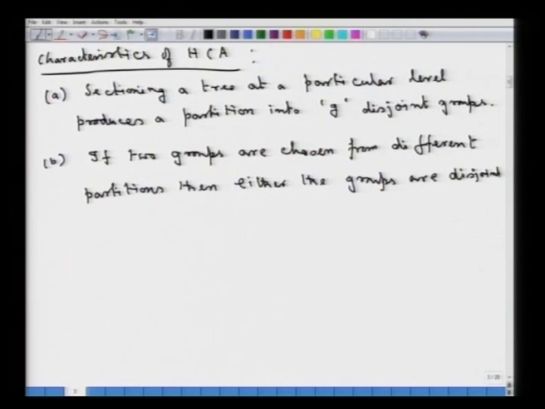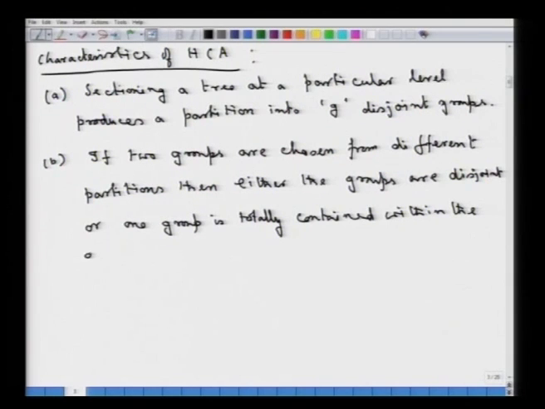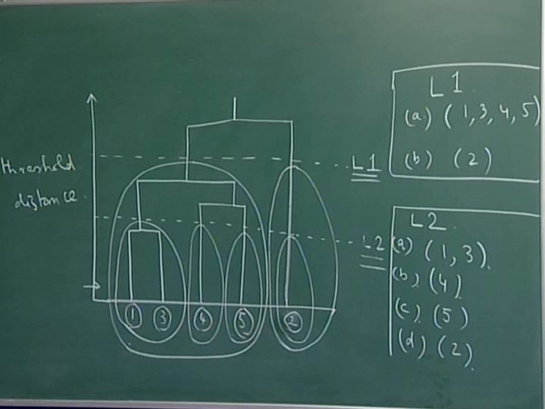So, either we will have the groups to be disjoint, or one group is totally contained within the other. So, these 2 points basically are the points that we were trying to explain through this particular